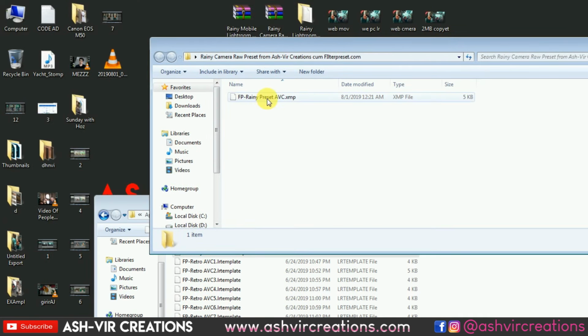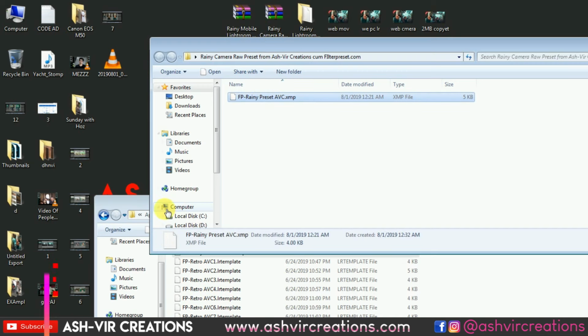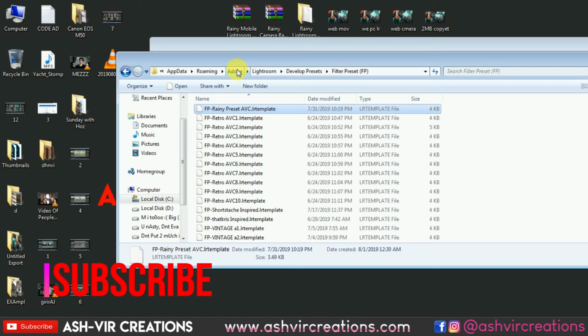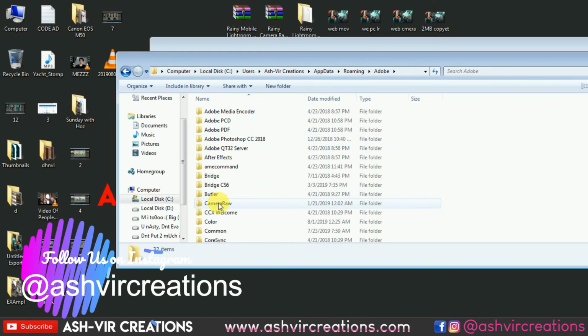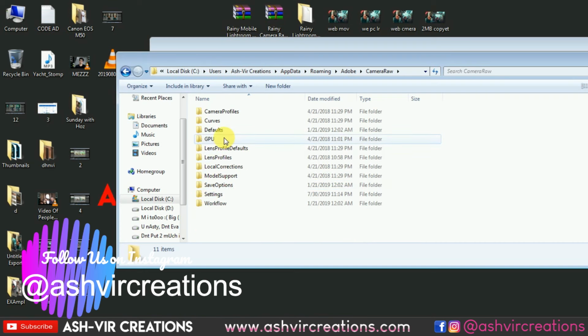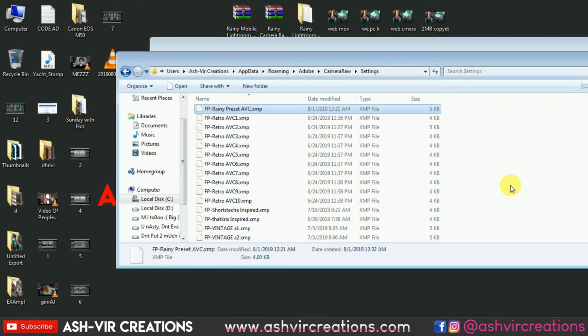Open that folder, and here you can see FP rainy preset AVC. Now just copy this preset and let's go to the roaming, select the Adobe, and instead of Lightroom, go to the camera, go to the settings and paste that preset file over here. You can restart your Photoshop and see how it actually looks if you apply this preset by using the camera